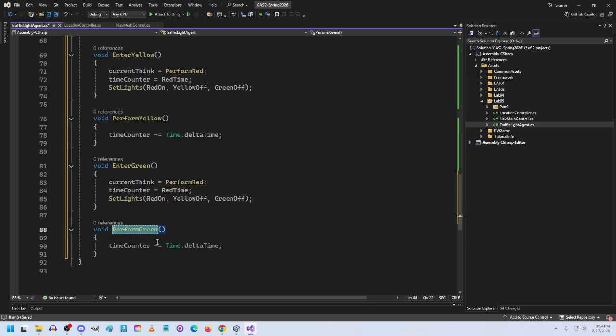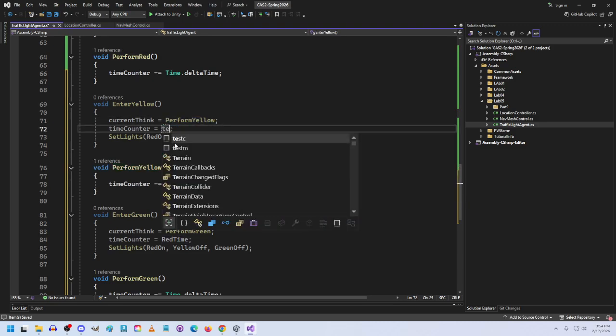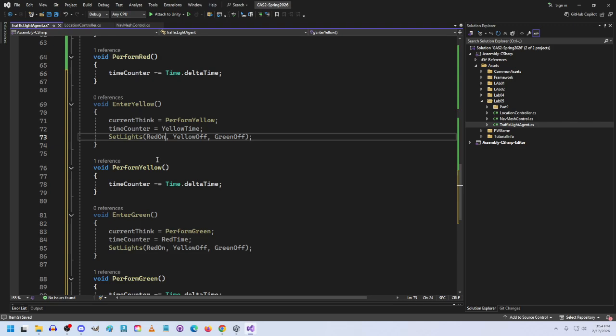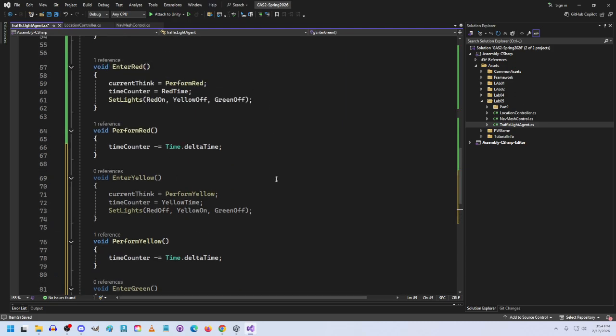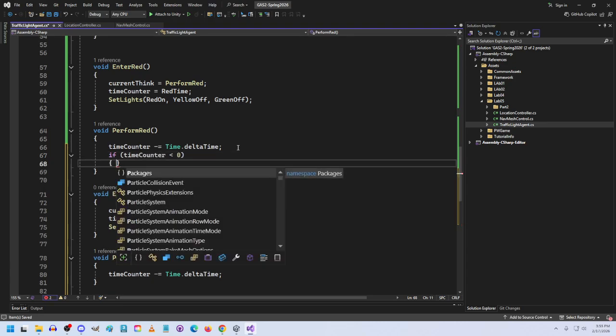So again, this will end up being perform green. This will be perform yellow. Yellow time, red off, yellow on. Off, green on. And now that I've got that, we can do if time is less than 0,